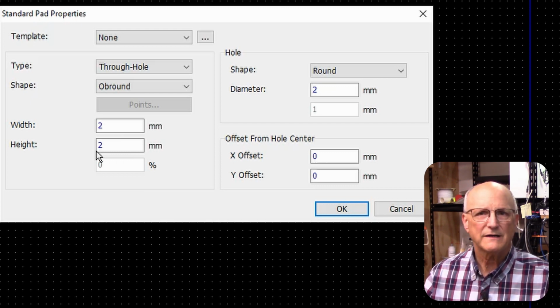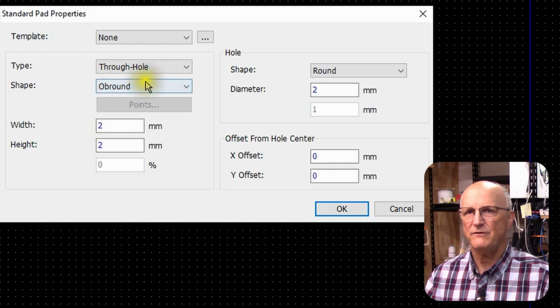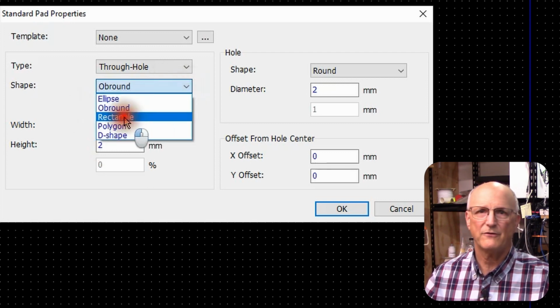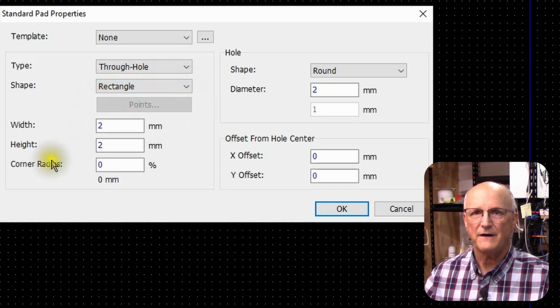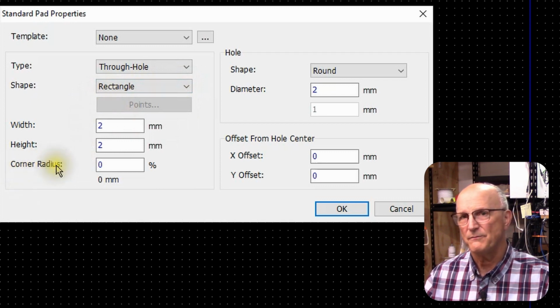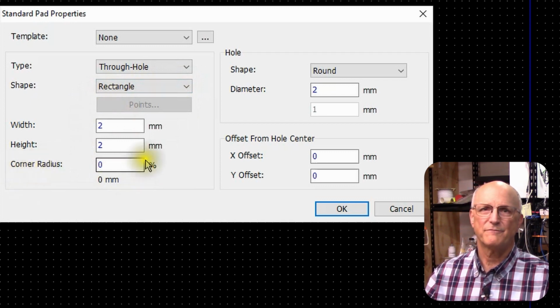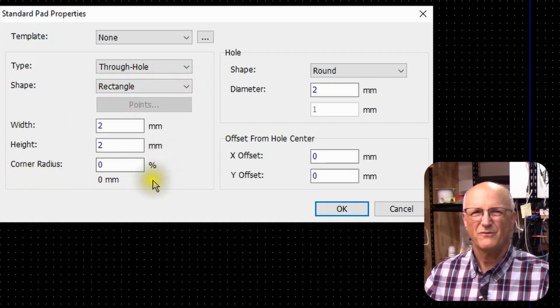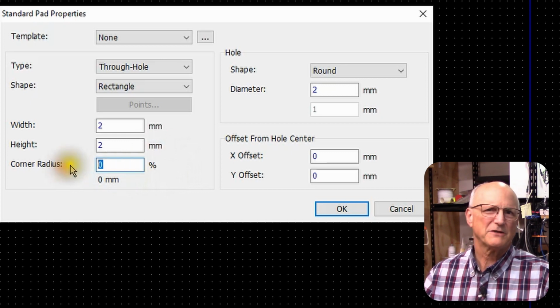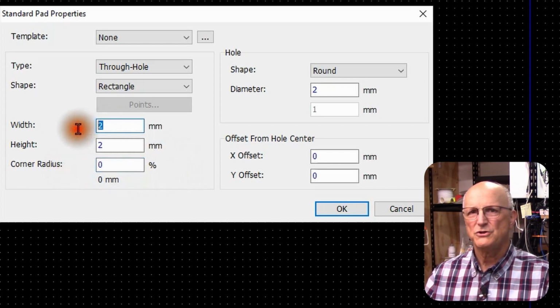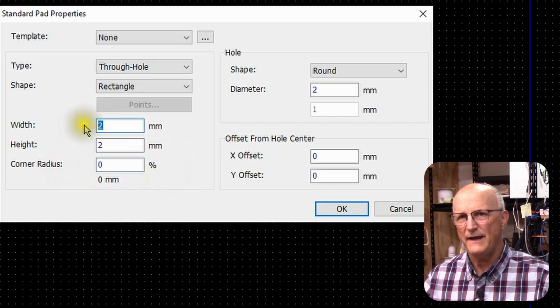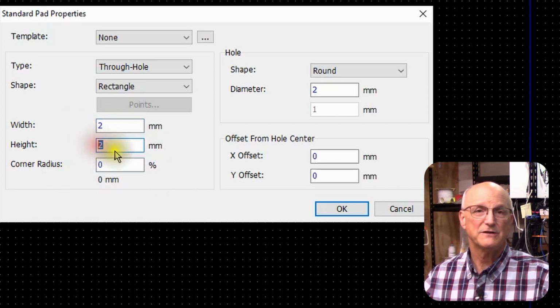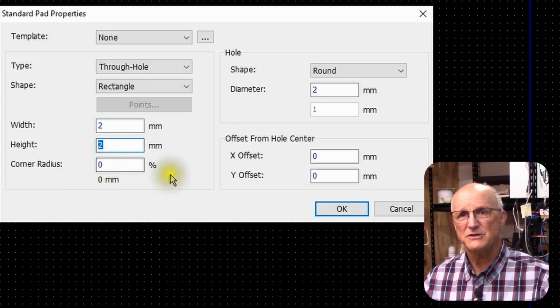When defining a rectangular pad, you also have the option of having the corners of the pad rounded. This is defined in the corner radius field. It is defined in terms of percent. Well, what does this percent mean in terms of a pad? Well, picture the rectangular pad. Choose the narrowest dimension of the pad. If we specify 25%, then the corner will be rounded such that it comes down to 1/4 of the shortest